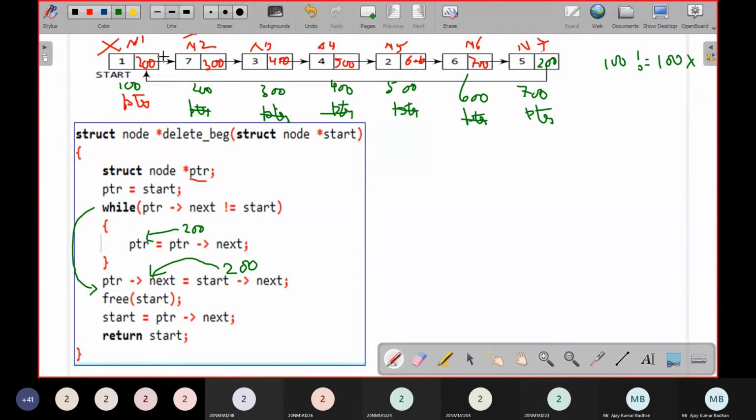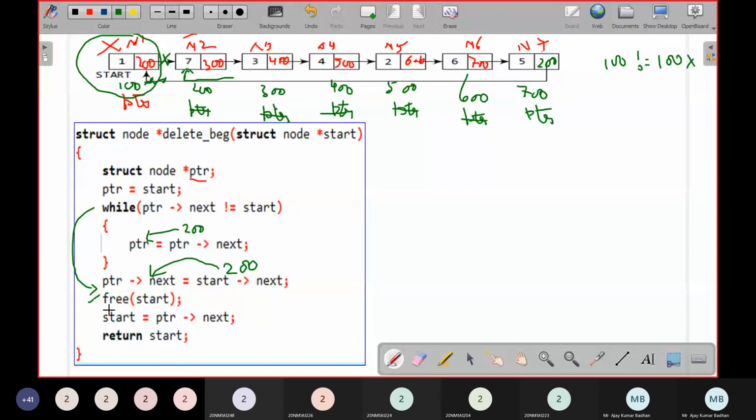So this link has been detached, this one. And now it is pointing at this particular location. This is the link. So 200 now is pointing to this particular node. Node number 2 has become the first node, but there are still some changes to be done. I have successfully detached this particular location. Fine, that's good. But I did not free the memory. I need to free this node.